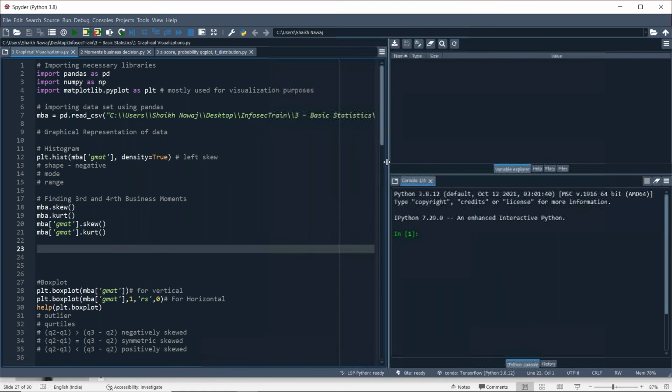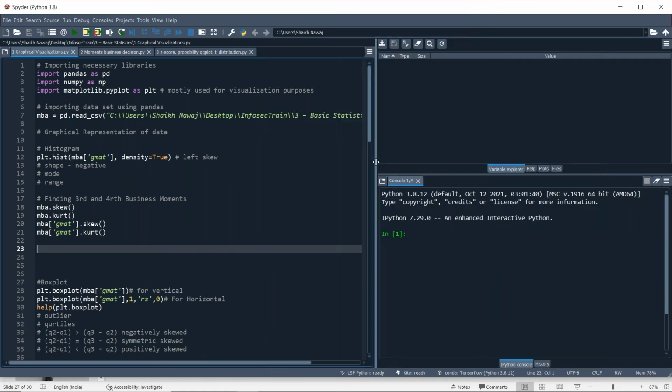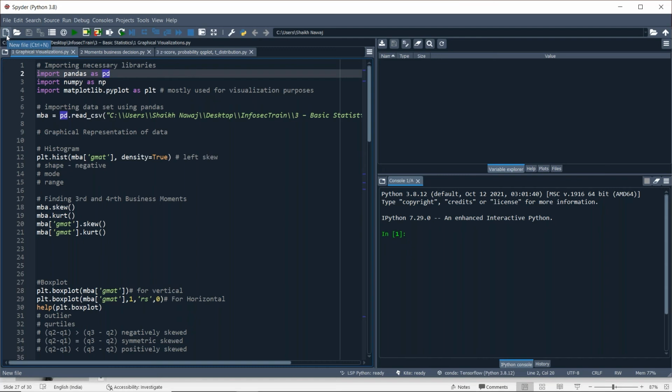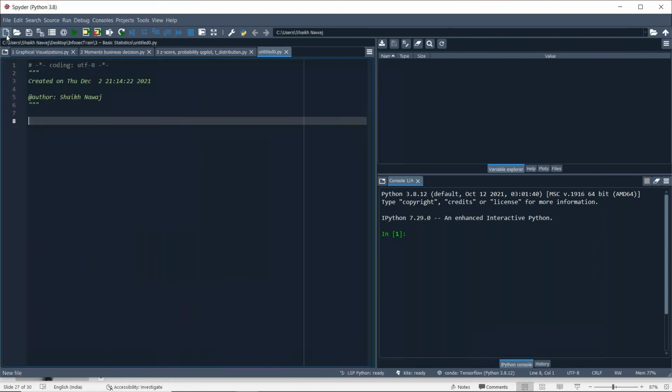So here you will see some buttons given. In Spyder, if you need to open a new Python sheet, you can just use this, then you can open the new sheet.